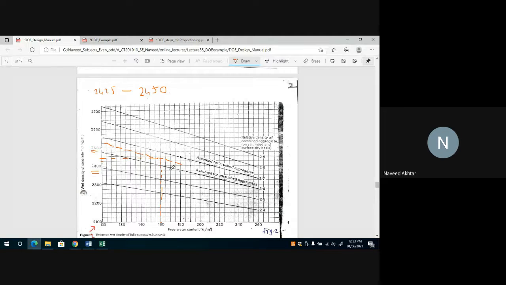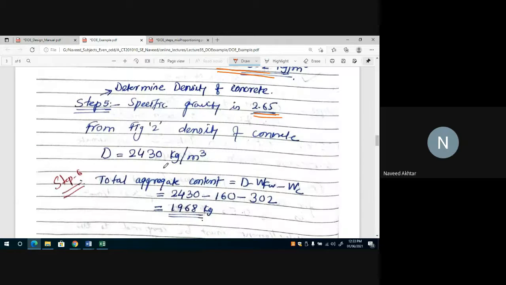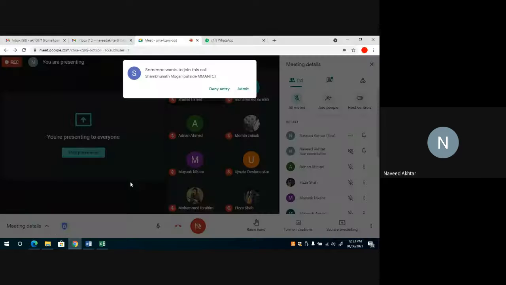For the specific gravity of 2.65, I have drawn the dotted line in between 2.6 and 2.7, and the water content in my case, calculated in step number 3, is 160 kg per cubic meter. From that we can find the weight density of concrete, which is coming in between 2425 and 2450. So the weight density of concrete I have considered as